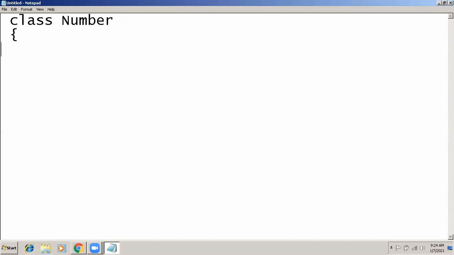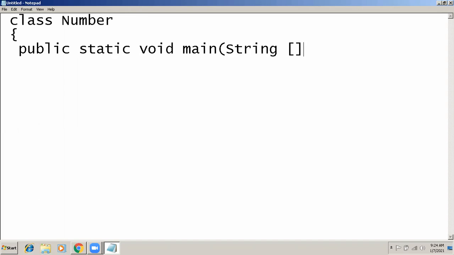Inside this class I'm going to make the main function: public static void main(String args). Then its block will start from here, and I'm going to take one variable of type int, n equals to any number value you can take, like I'm going to take 18.